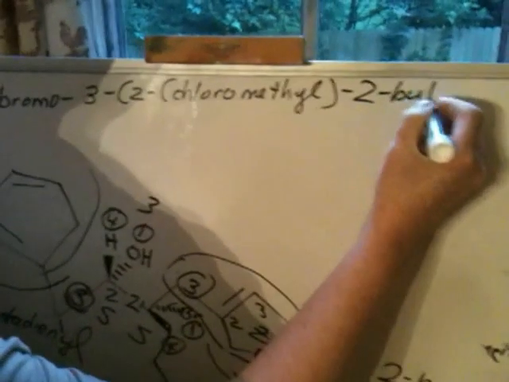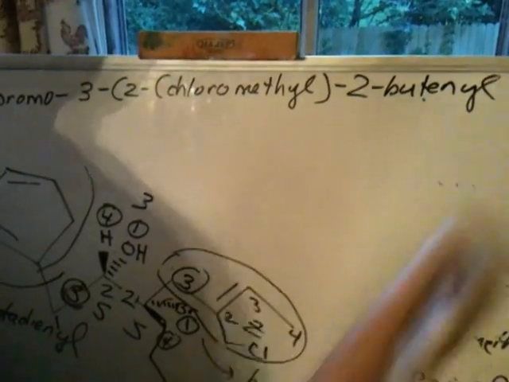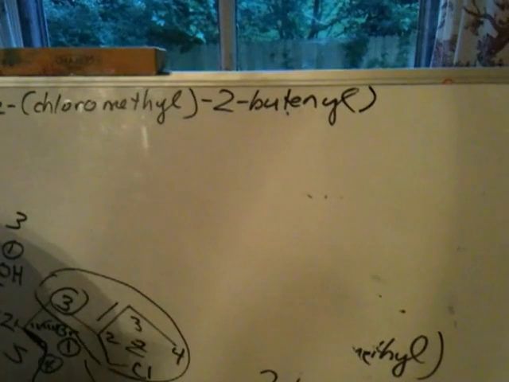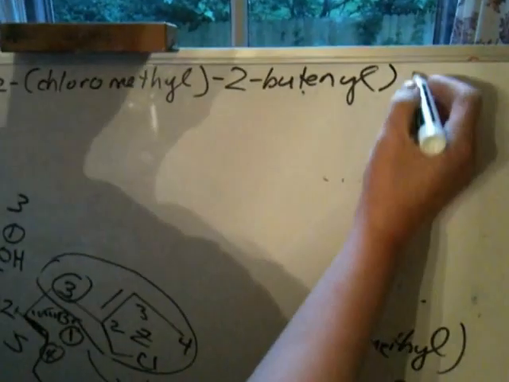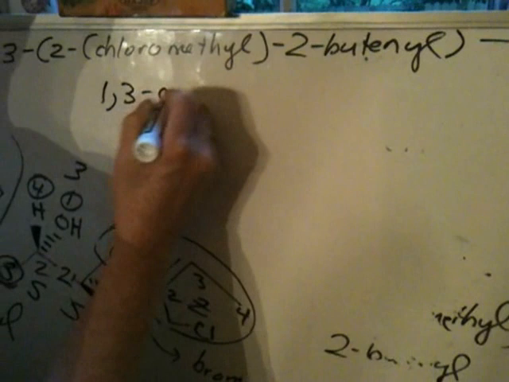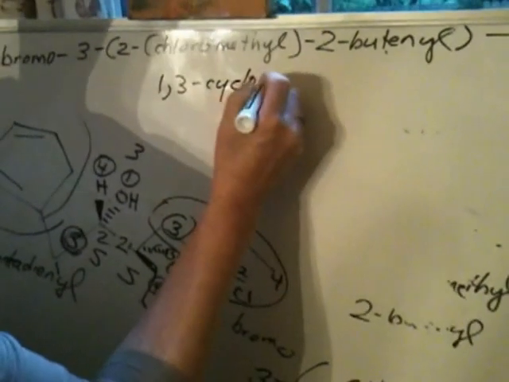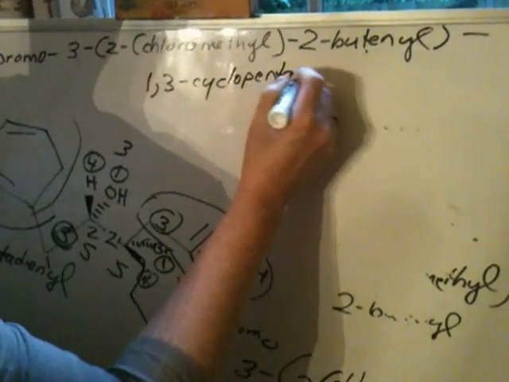And again, this refers to the double bond. Okay? And then it's dash, I'm going to the next line here, 1,3-cyclopentadienyl,